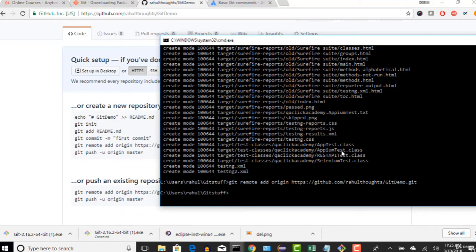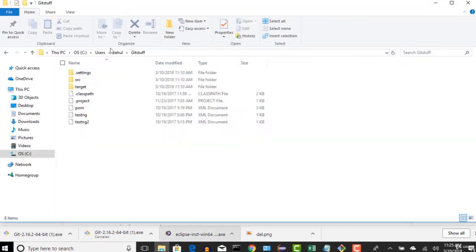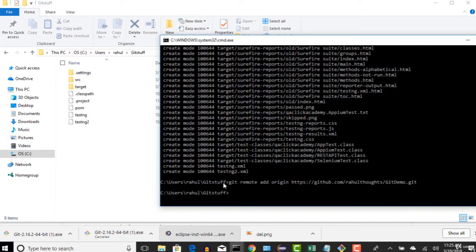Now your remote repository is successfully connected to your local repository. Perfect. Now the connection is formed and the code is committed. The only step which we need to do now is push. Push our code which is present here to our remote repository, which is here.